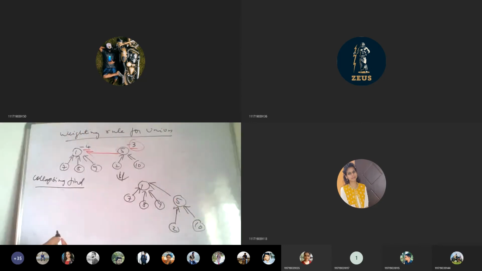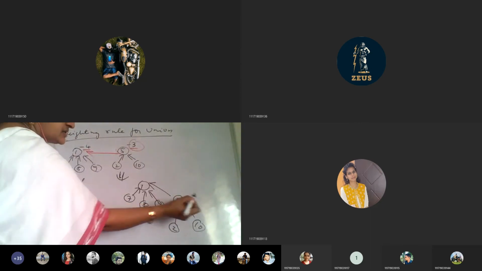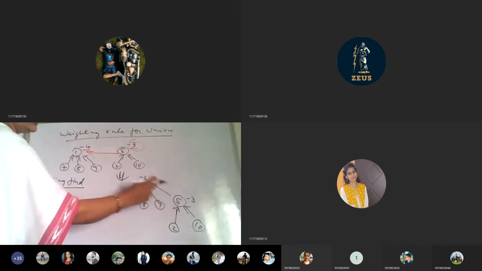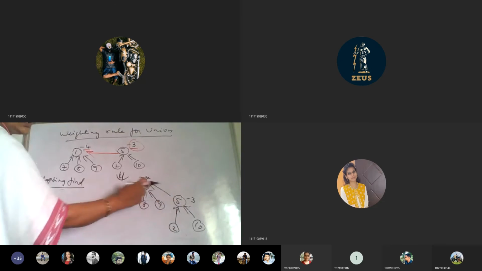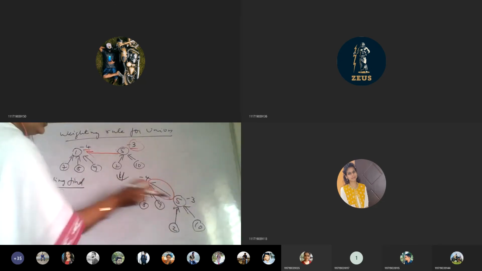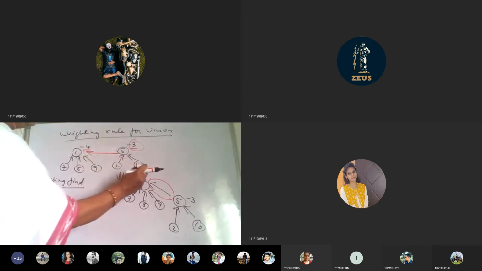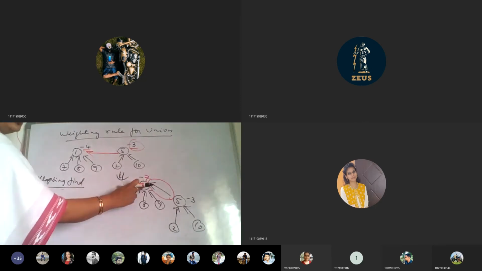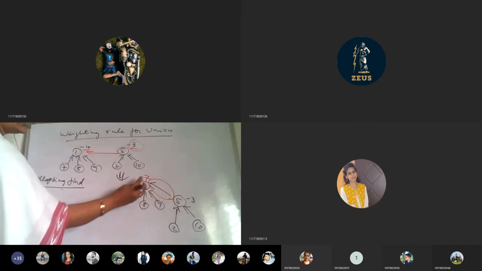Okay. So here, since this was the root earlier, this was -3 and this was -3. Since this is included here, it becomes -4. Because of this union, what will this value change to? It will become -7. So that means this is the root node holding how many elements? 1, 2, 3, 4, 5, 6 and 7.